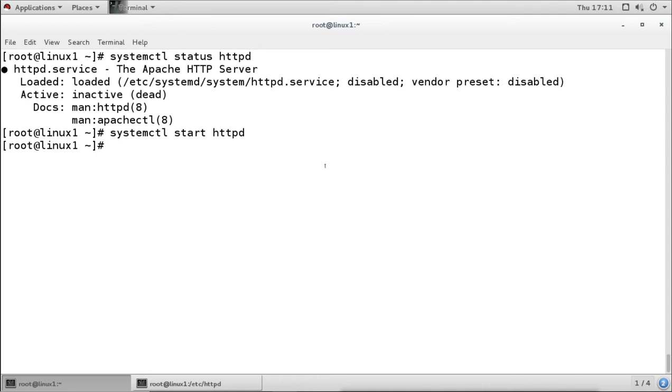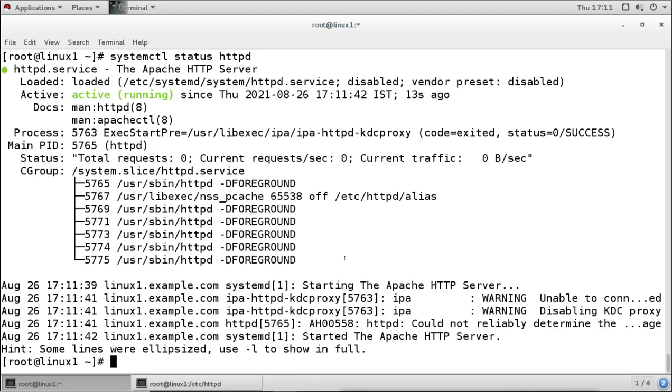Now we have started the service, and now we'll check the status. Once we check the status here the first time, we will see one error here. This is the default setting. And what is the default it is saying here? We are seeing some warnings here. We are not seeing an error, we can say, we are seeing warnings here.